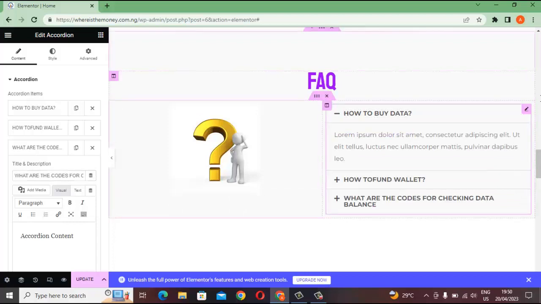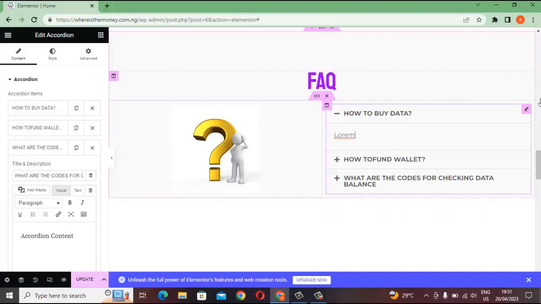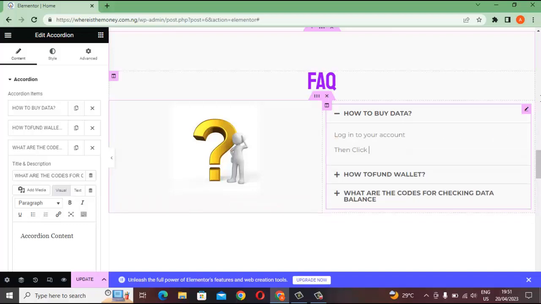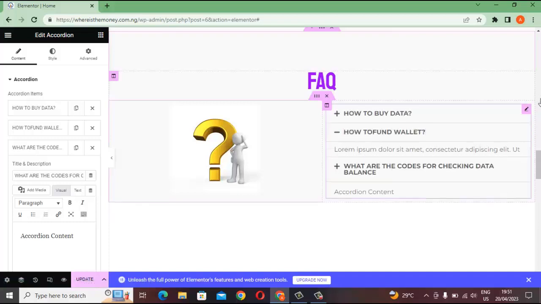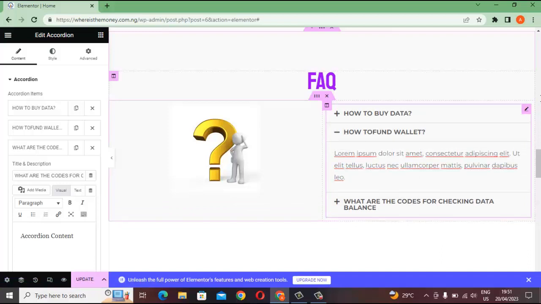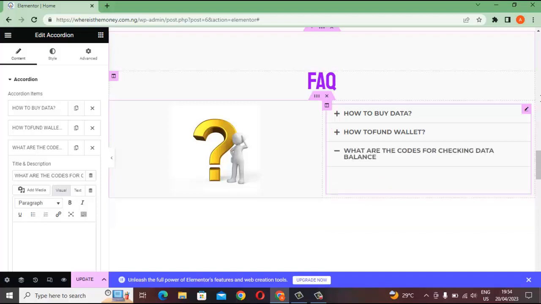So yeah, I can just answer that. Let me just clear this. Fund wallet. It depends on how you want to answer them. So let me move to this. Let me clear it off. You can fund your wallet through bank transfer,